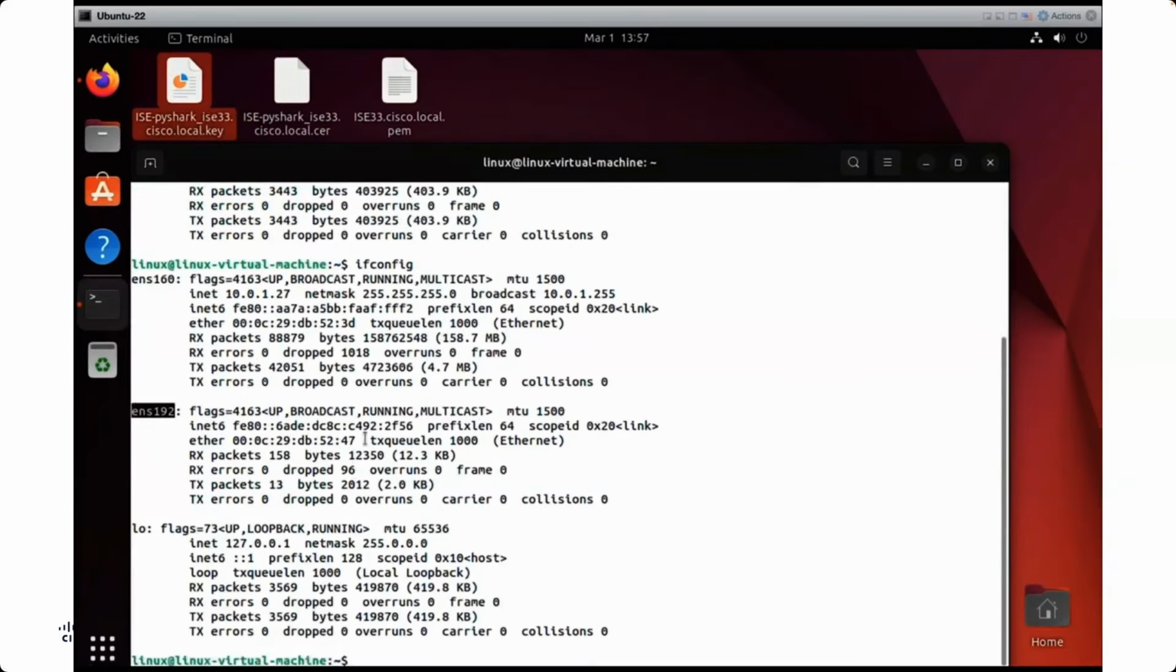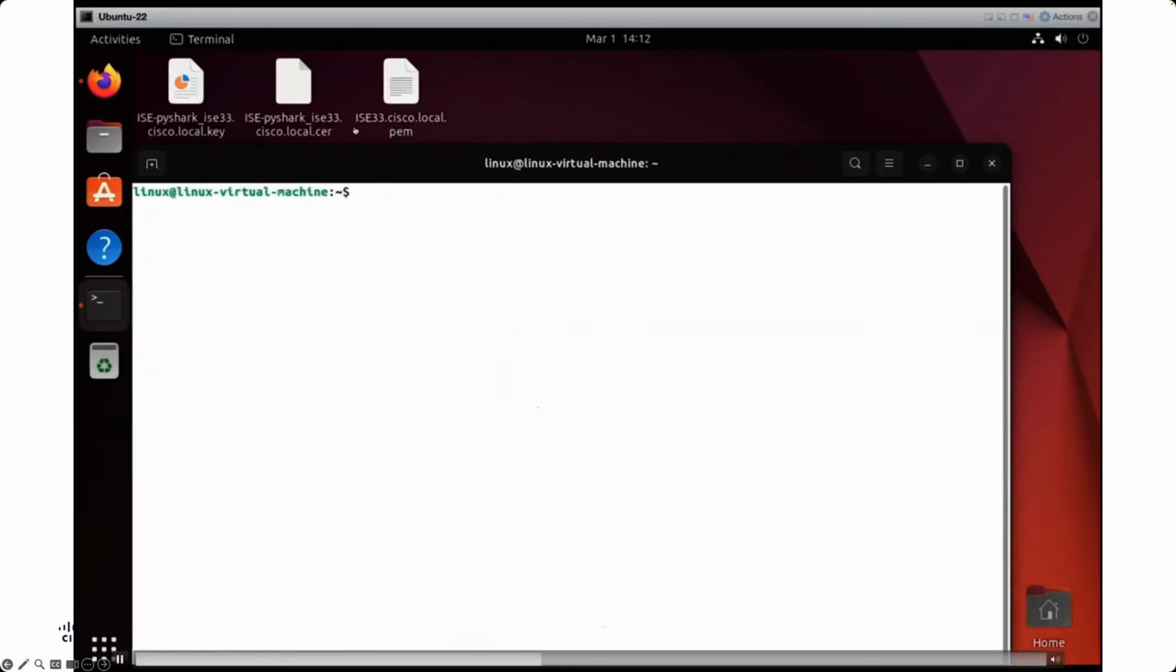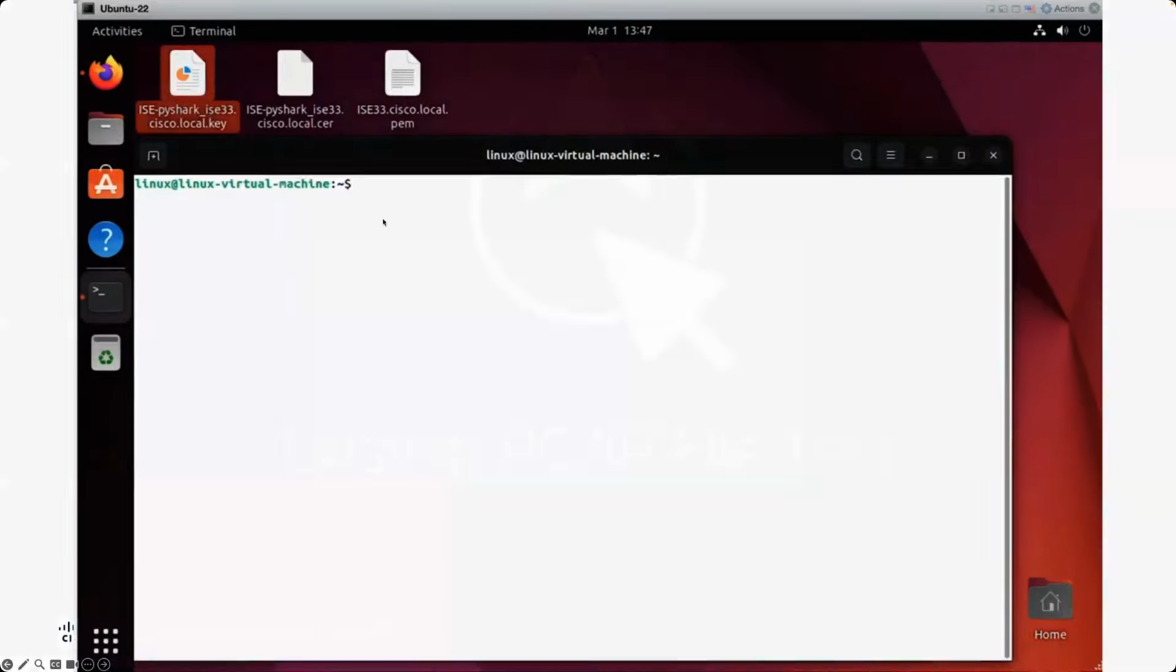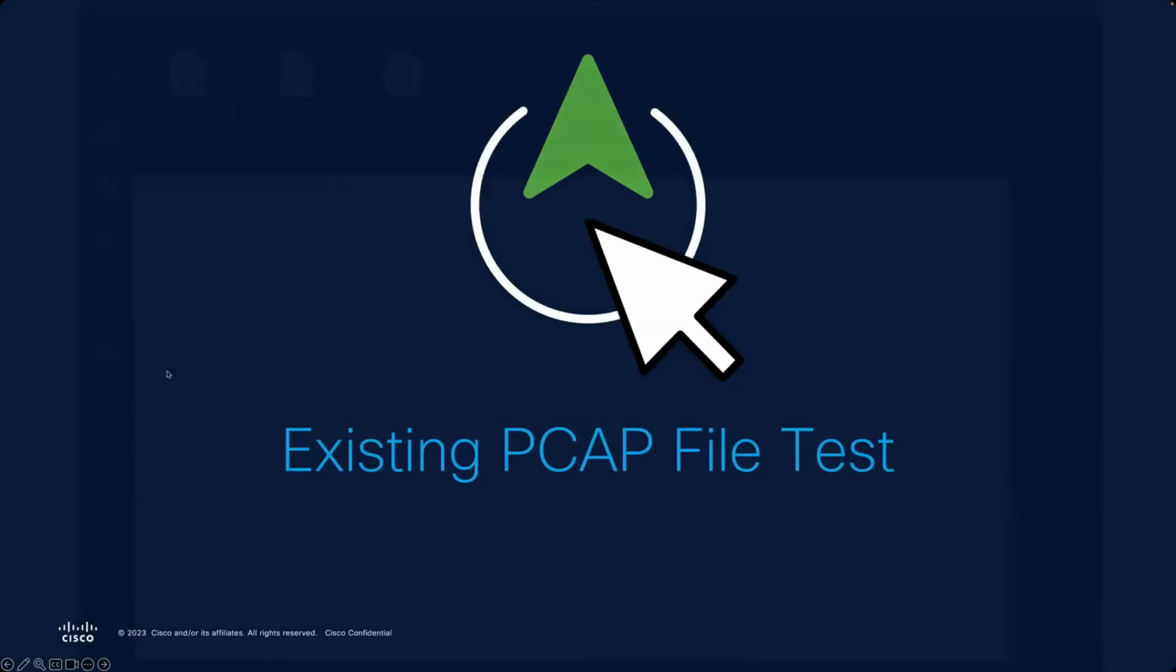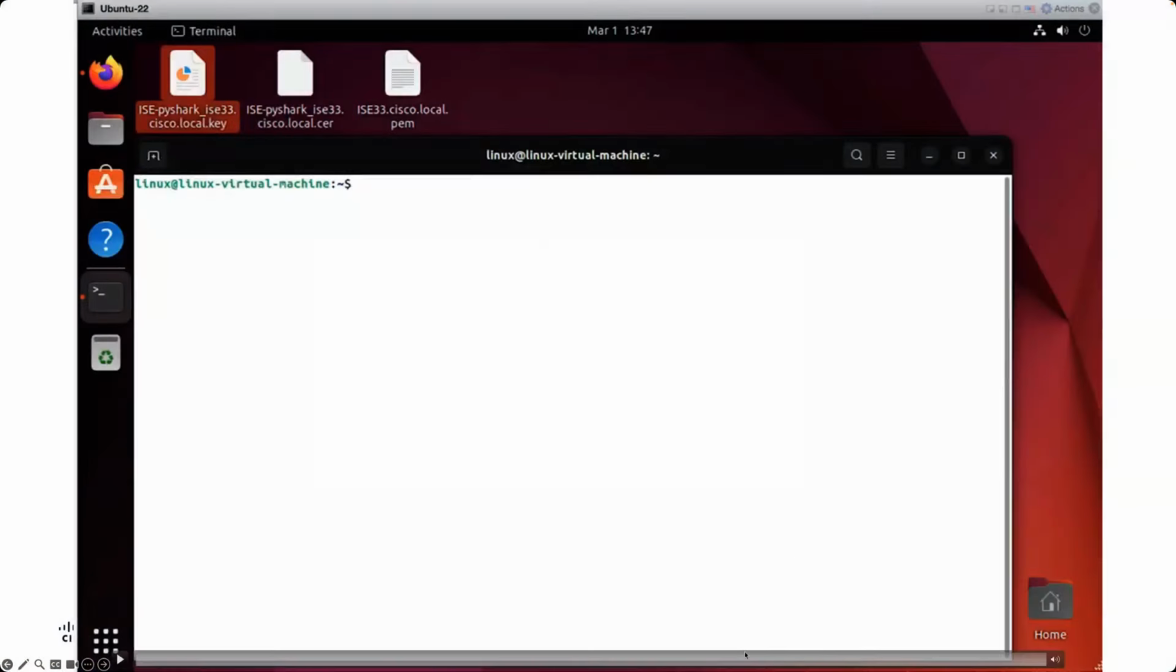So now that I have that information, you can see on the desktop in the background, I have these 3 files. So I'm going to change my directory, and I'm going to go,